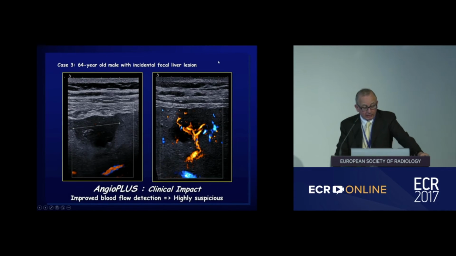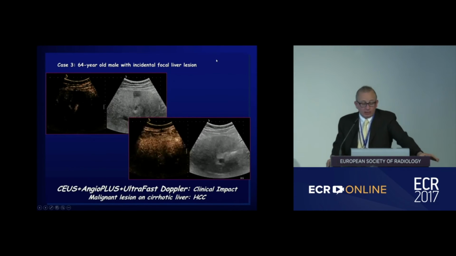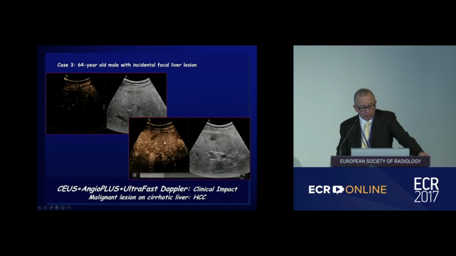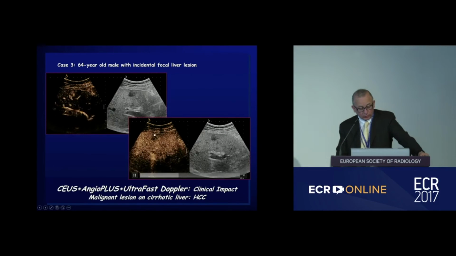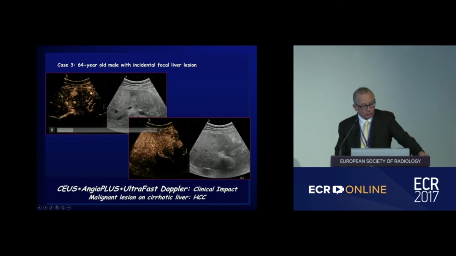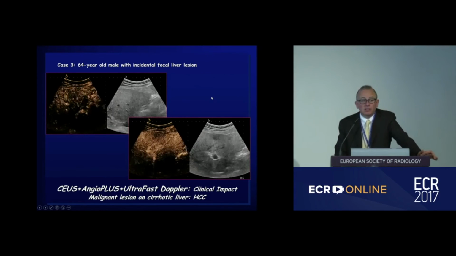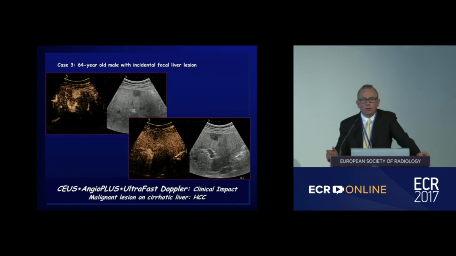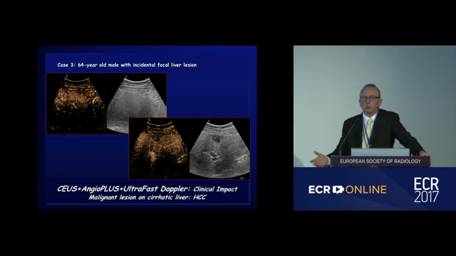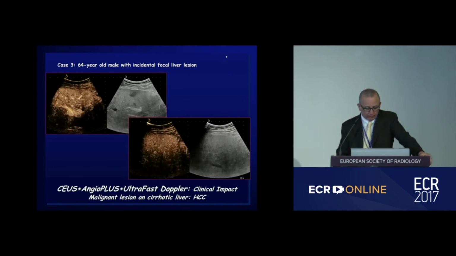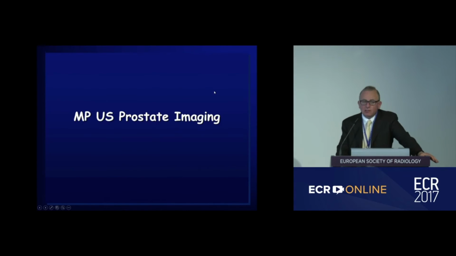And then at the end, we will just inject contrast. And with contrast, you see that the lesion has some kind of washout very clearly, and is strongly enhancing during the arterial phase. It's very typical for a HCC. So basically, this guy just came for a regular ultrasound and is leaving the room with the diagnosis of cirrhosis and HCC. And this is not an unusual situation, and we know that just doing shear wave elastography on liver in a patient with no previous history of liver disease, we can detect up to 10% of patients with a significant